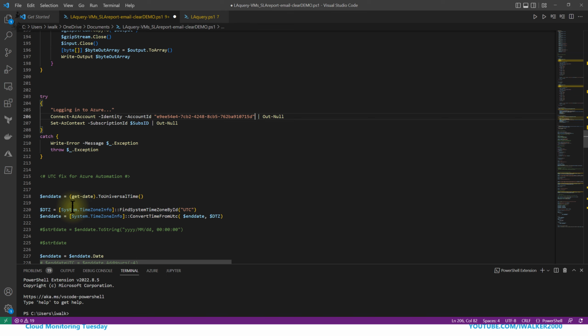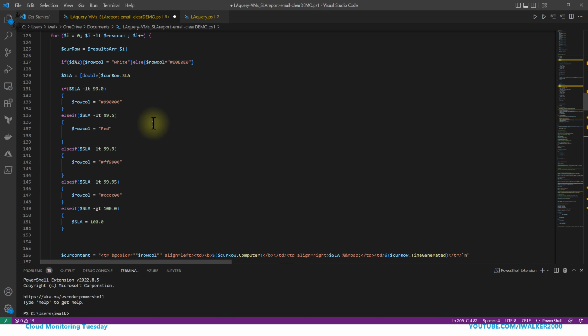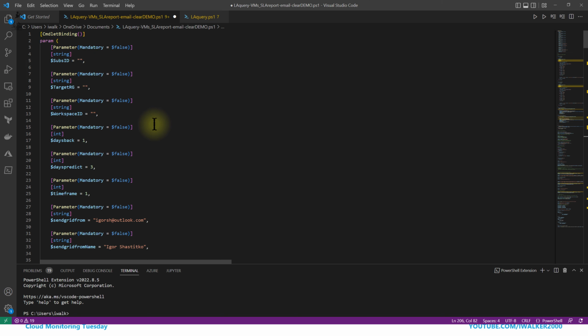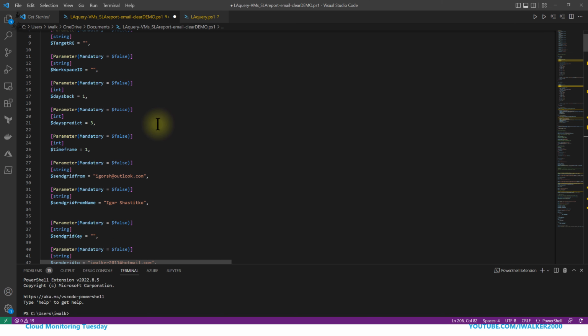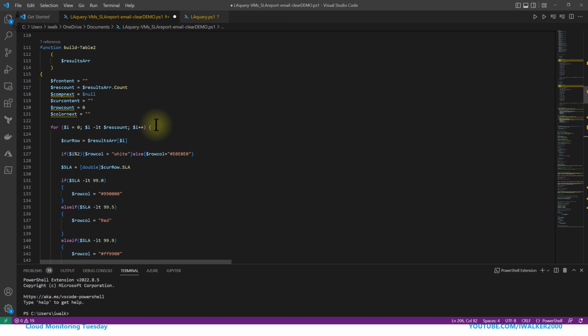If this identity is allowed to be used by the automation, automation will switch to this context and will switch to the required subscription ID in the parameters. And after that, we will be able to execute everything against